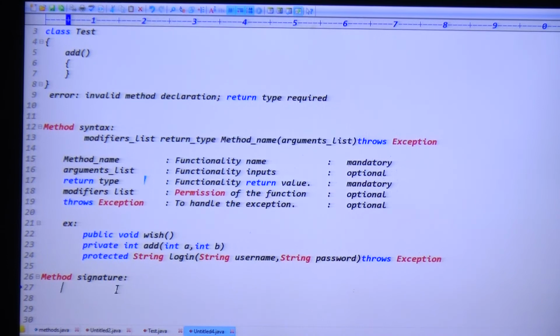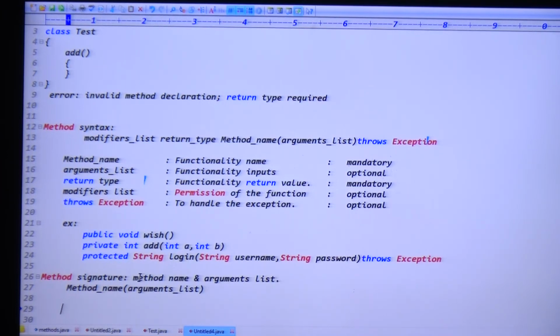Method name and arguments list is called method signature. So return type, modifiers list, throws exceptions are not at all part of the method signature.